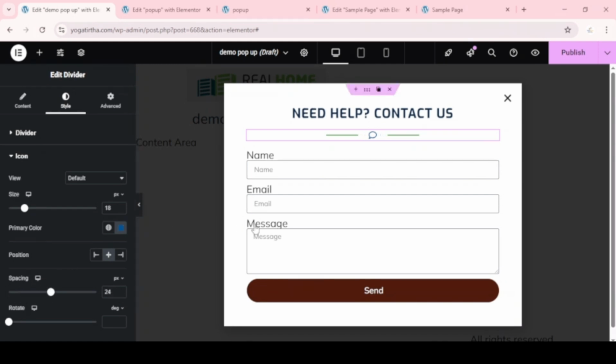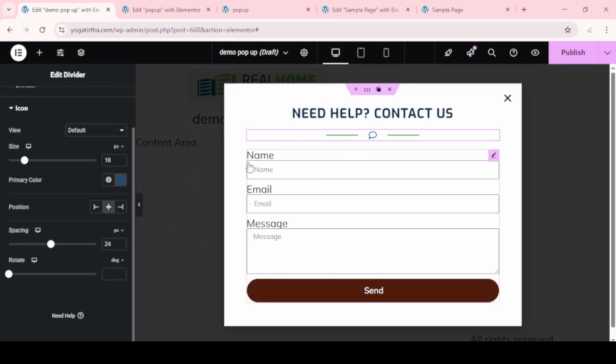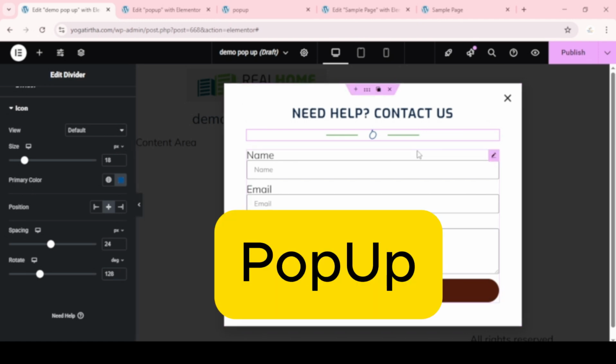So how much space do you need? And this is the rotate option. You can see the icon is rotate. So this is how basically you create a contact form. Okay,